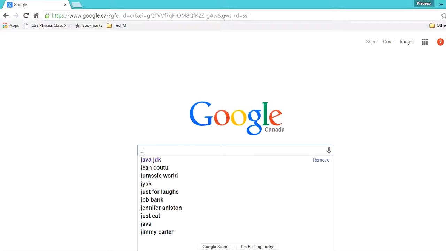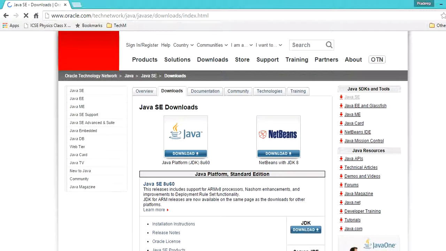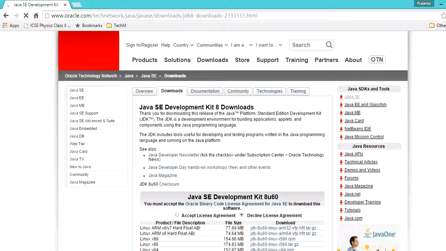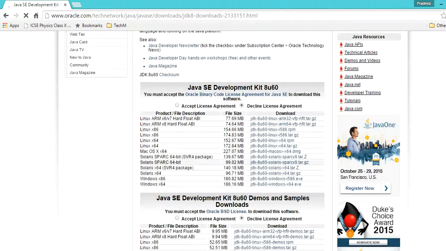And here type Java JDK. Now click on the first link, that is the official link, and click on JDK download. Now accept the license agreement.